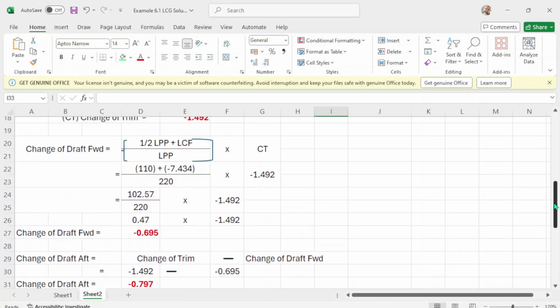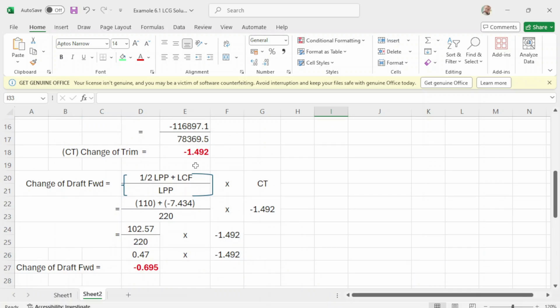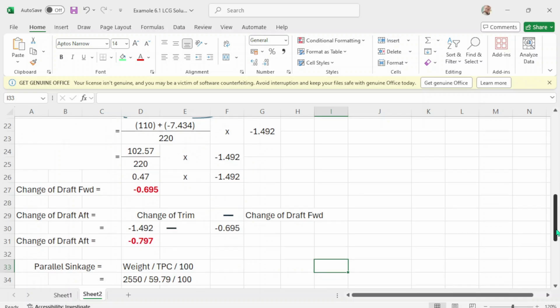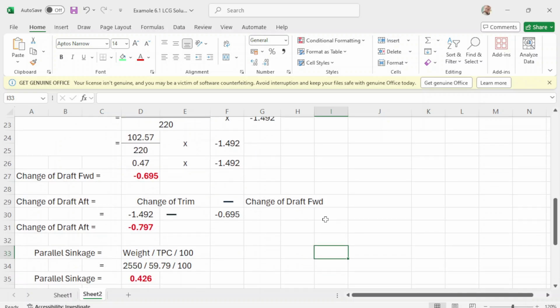Change of trim is negative 1.492, and your change of draft forward is negative 0.695. So your change of draft aft is negative 0.79.